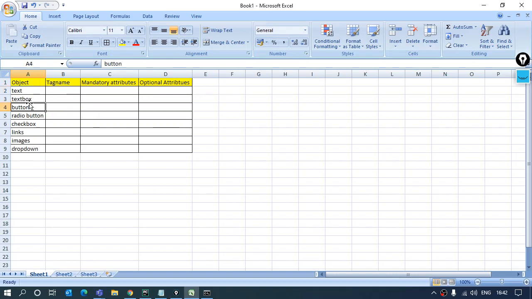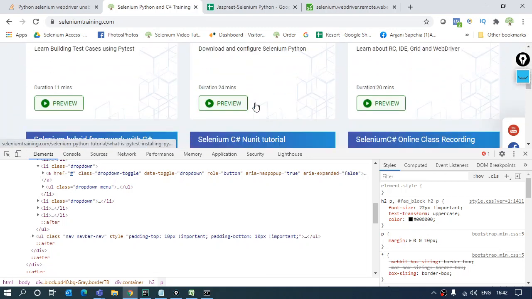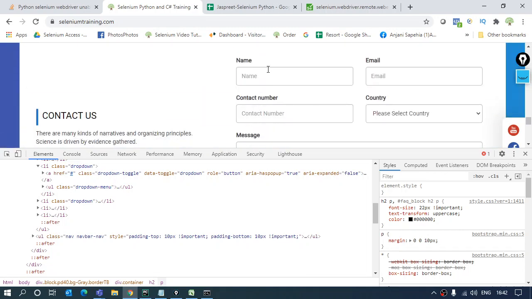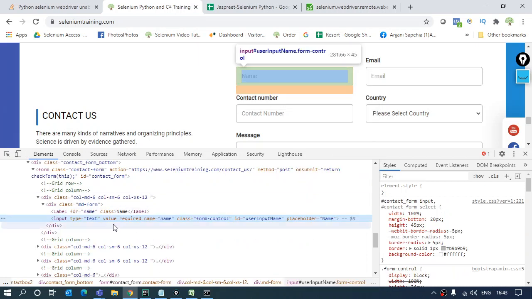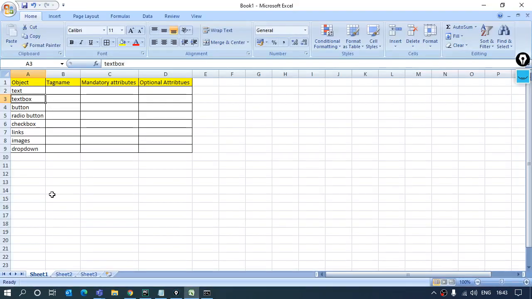So for text box we'll discuss first. If I go on the page that I was talking about, and over here I go to the text box, any text box I can use, I'll inspect that text box, and this kind of thing has been highlighted over here. Right. Now I told you that whichever is the tag name of the element that I'm looking for, it will be in the purplish color. Right. So over here the tag name of the text box becomes input. Right. For this text box, it's input.